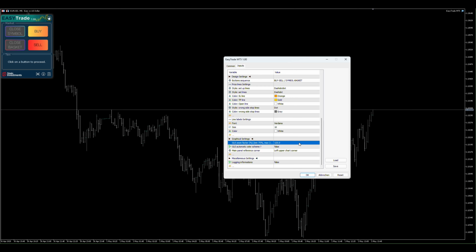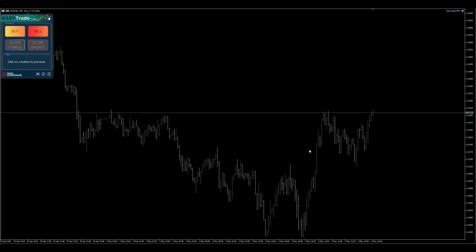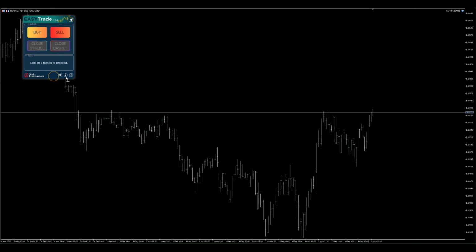Of course, if you prefer a smaller or bigger one, you can change it to every value you like between 75 and 250%. I'll keep this default, and now I would say we'll go into the details of the Easy